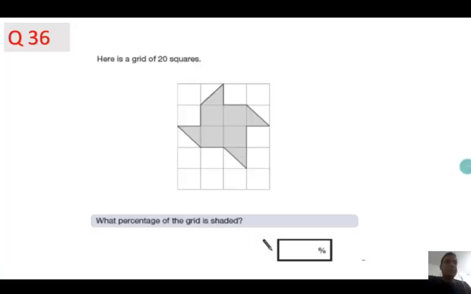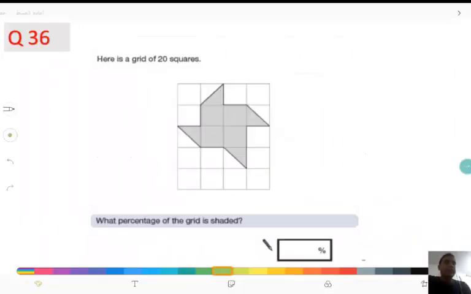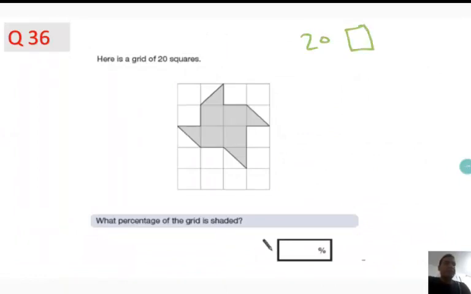Here is a grid of 20 squares. What is the percentage of the grid that is shaded? Alright, to find the percentage, we should find the fraction first. And to find the fraction, we should find how many shaded parts out of the total equal parts. Totally we have 20 complete squares. How many shaded parts? 1, 2, 3, 4. 4 squares are shaded plus